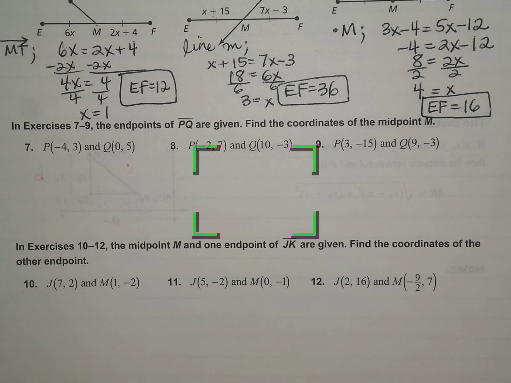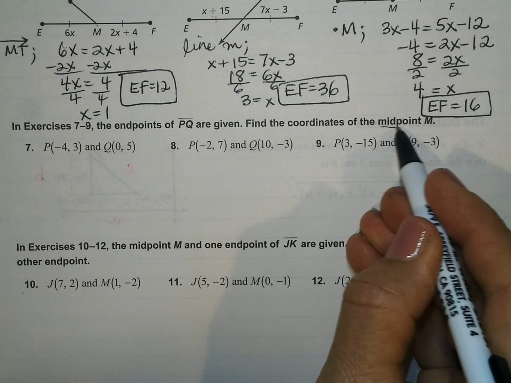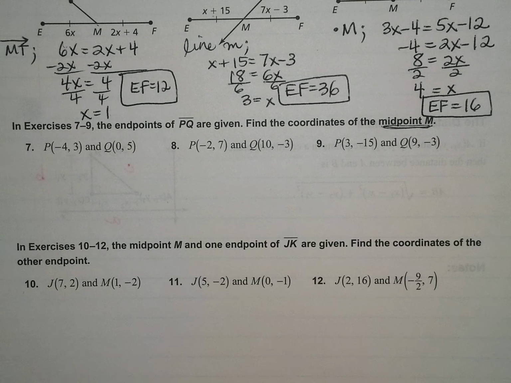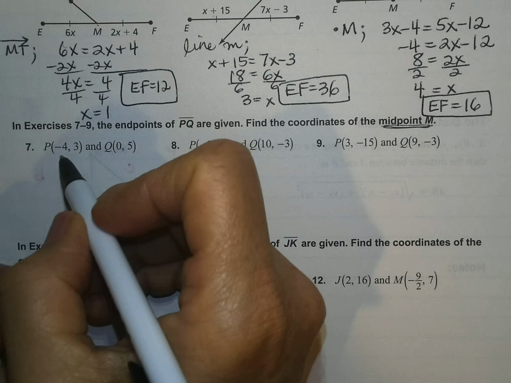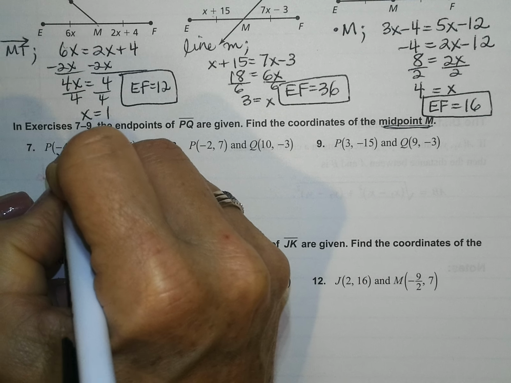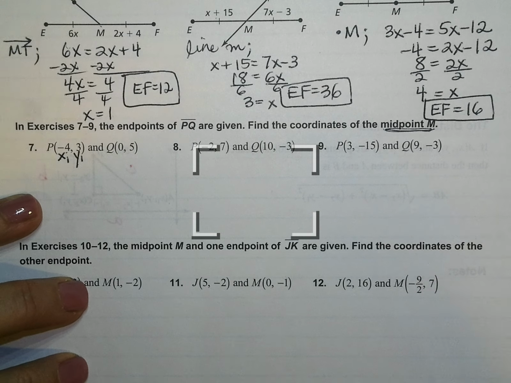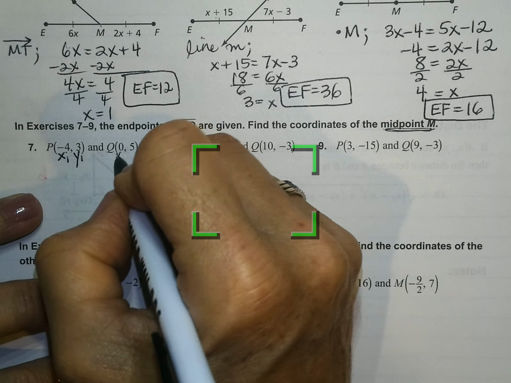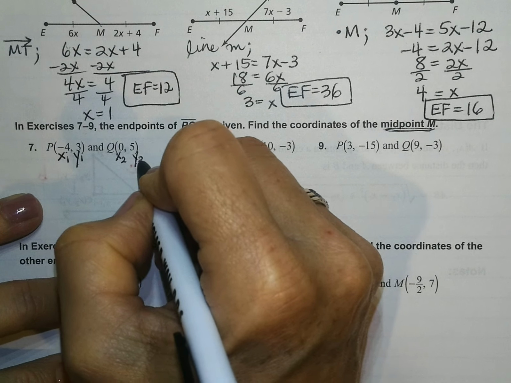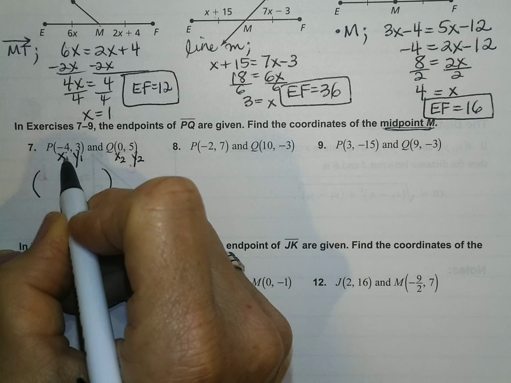So these three we're going to do are midpoints. Okay, we're going to find the midpoint. That means we're going to add the x's together and divide by 2. We're going to add the y's together and divide by 2. So if P is this and this, then I'm just going to label them so that I remember which one is which. These are my first points. And these are my second points. So the midpoint formula says that if I add the x's together